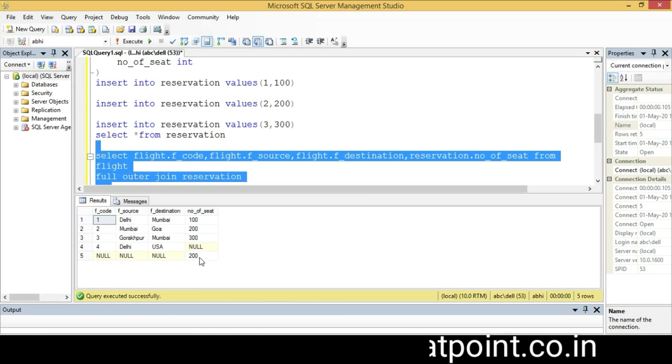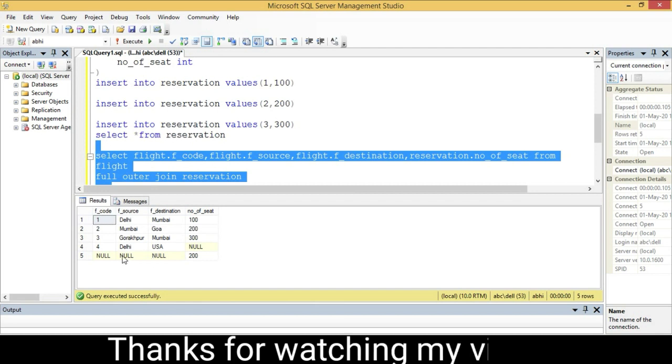And the fifth flight code, meaning the flight code 5 of the reservation table, does not match any flight code of the flight table, so it places a null value.